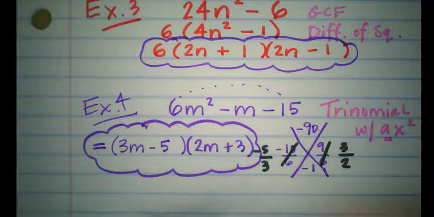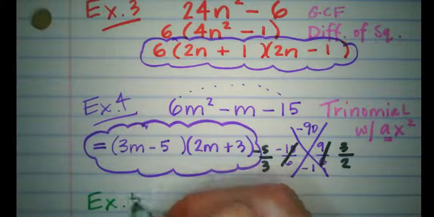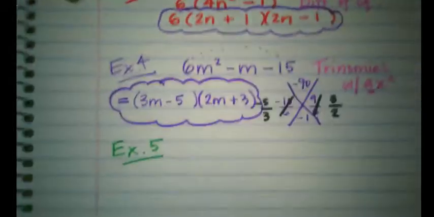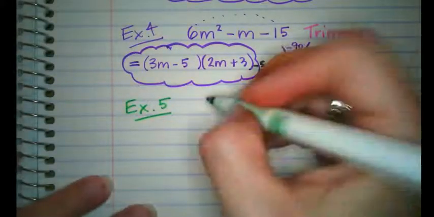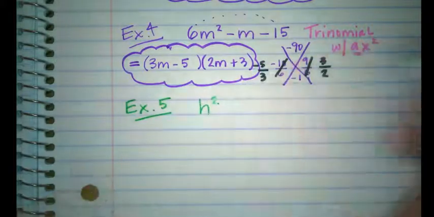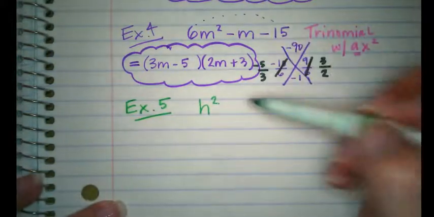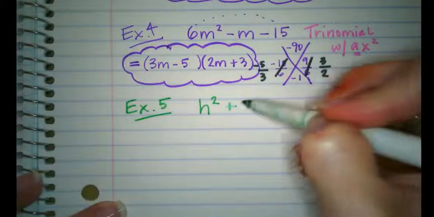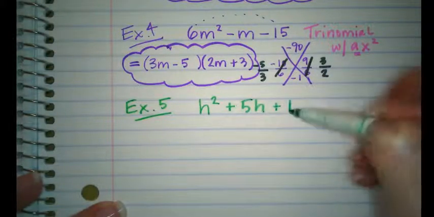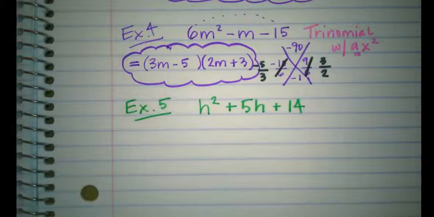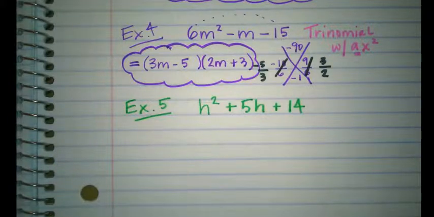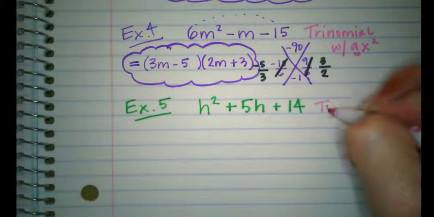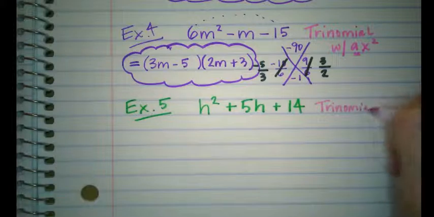All right, how about number 5? So for example 5, I'm going to say h squared plus 5h plus 14. So we start by checking for GCF, and I do not see one, so we keep going. There are 3 terms, so that would make me think this is going to be a trinomial, and it is